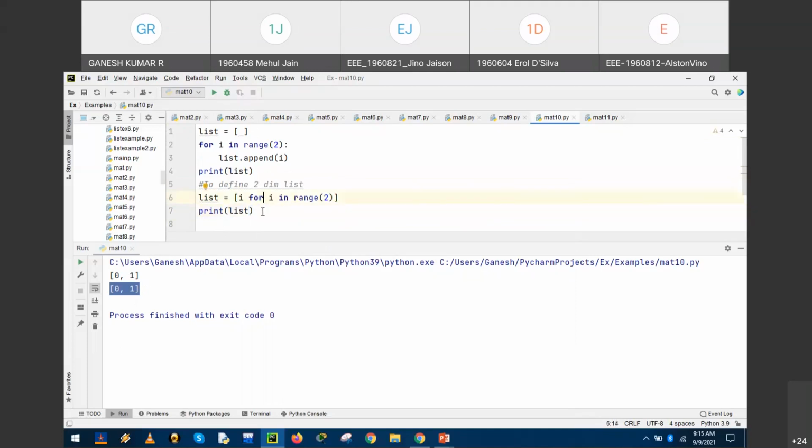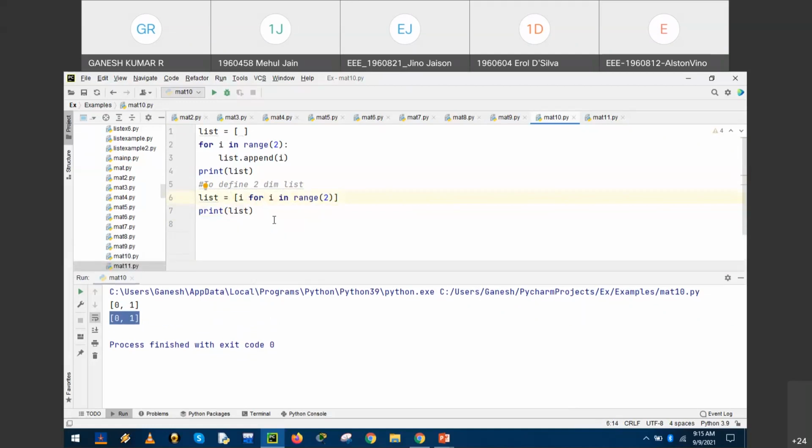This is one dimension. Now this one dimension could be extended to two dimensions. Two dimensions is nothing but a column inside the row, right? Now for the column inside the row, we have another list. Okay, so for i in range 2, this is nothing but i. i represents the row, right?